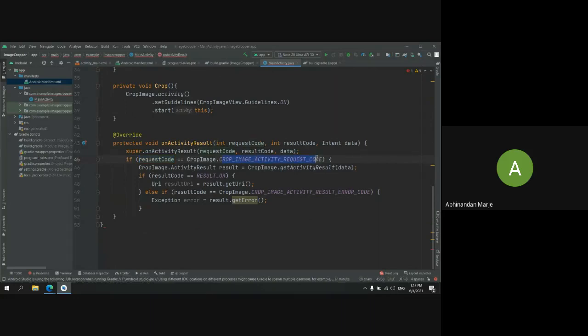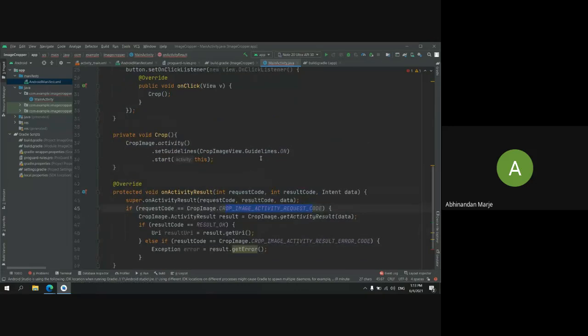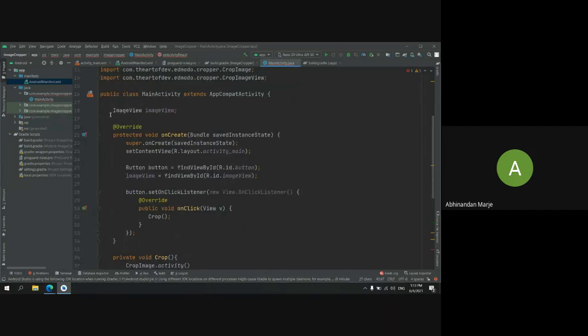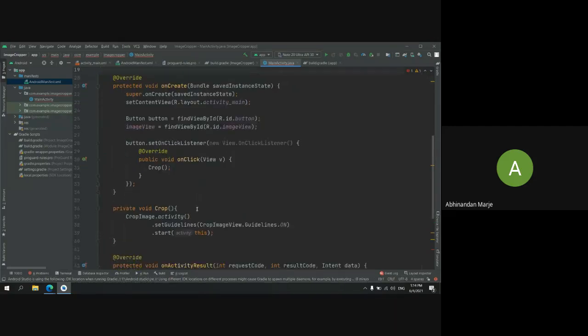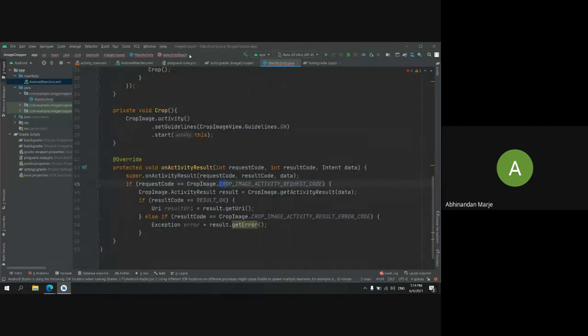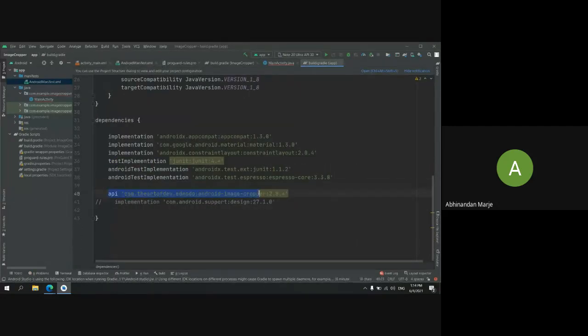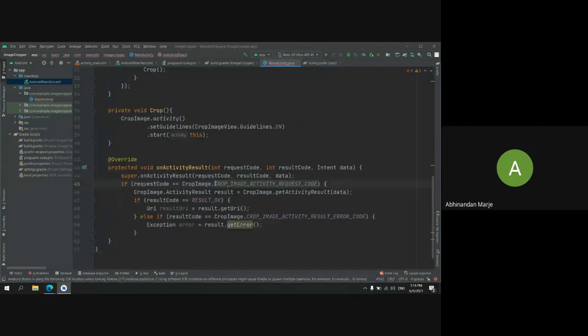Okay, now you can see I'm asking for the request code to be equal to our CROP_IMAGE_ACTIVITY_REQUEST_CODE. In your image pickers from your gallery or your camera you have seen, I was setting another variable here with some code, and I was checking it here, right? But as I added a dependency here, it will download all the required code, and it will have the image picker code inside here. Okay, they have already set that image picker code inside this variable, so we just have to check our request code is equal to the request code of our crop image.